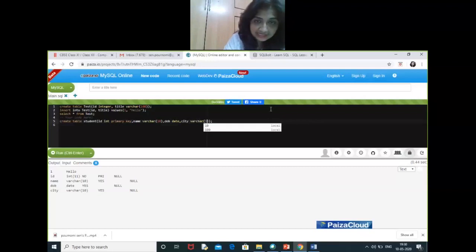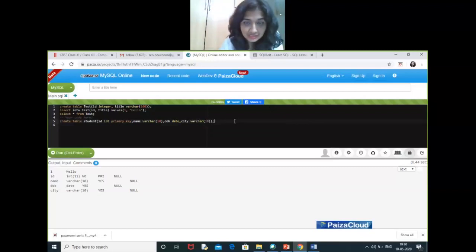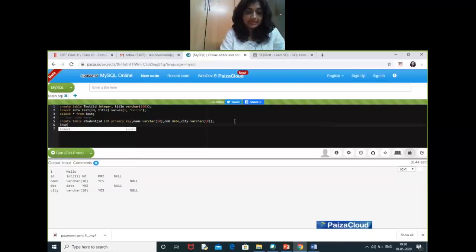We have added city. Here, for inserting values, inserting rows, what we do is insert into the table name, which is student, values. Then sequentially from left to right, we'll be providing the values.